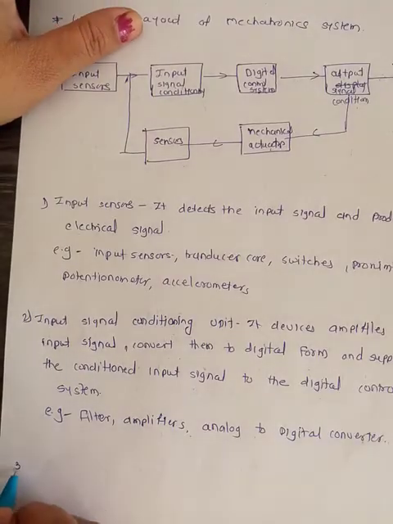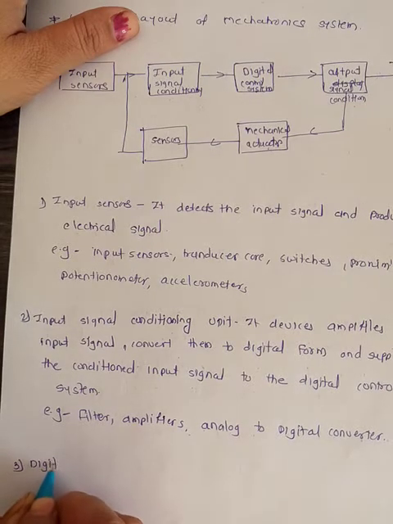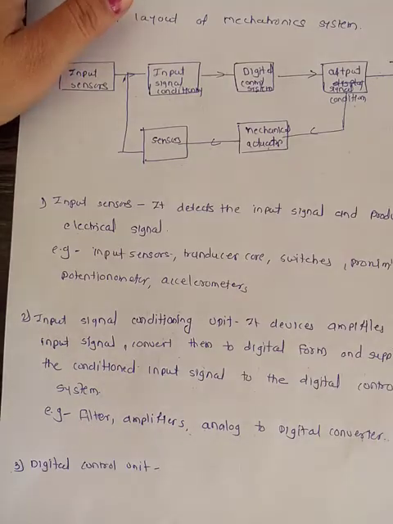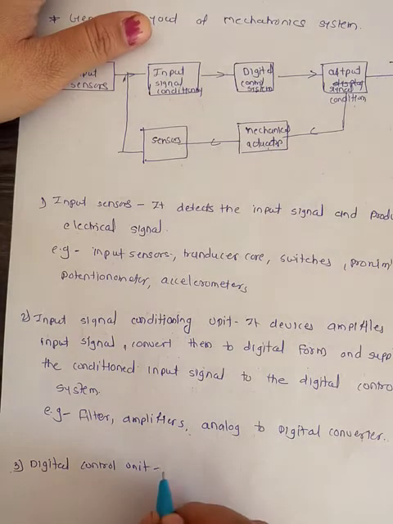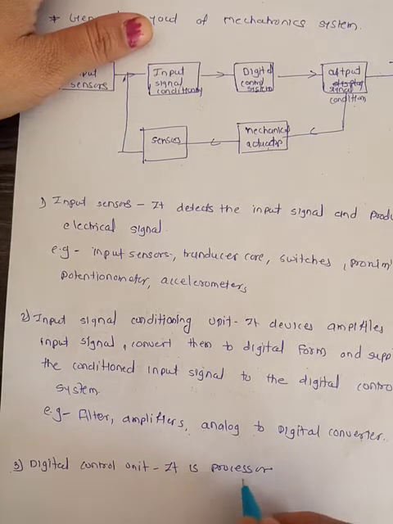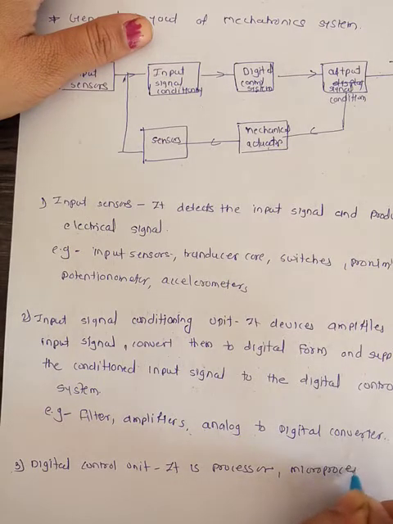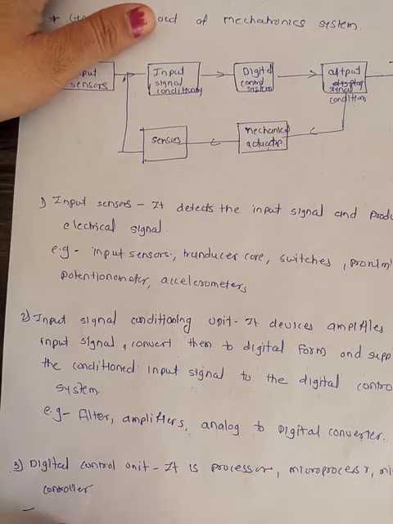Then the third will be the digital control unit. Then what is the function of the digital control unit? It is the processor of the mechatronic system. It is a processor. Microprocessor, microcontroller, these are the examples. And then the function is that it controls the signal,